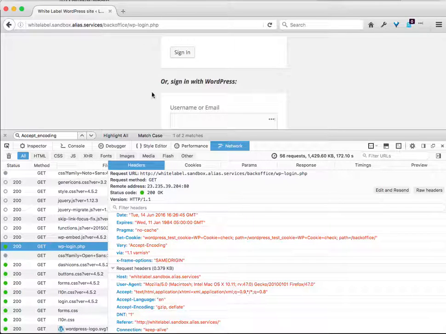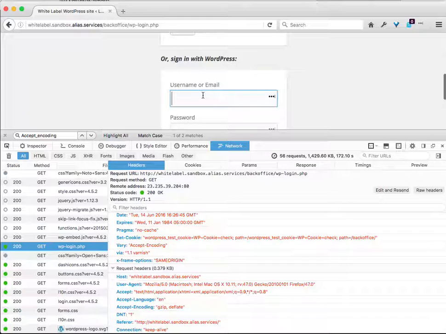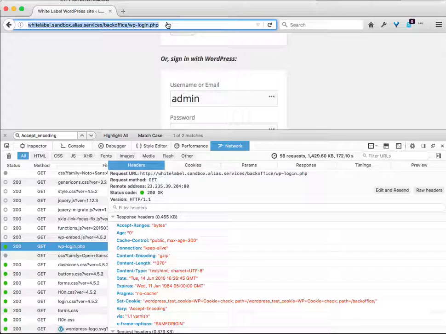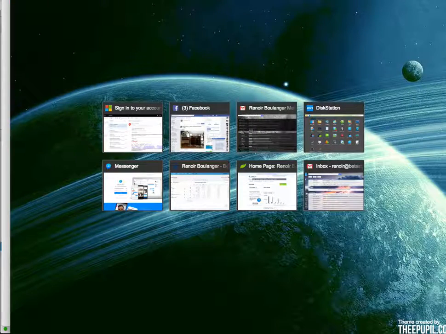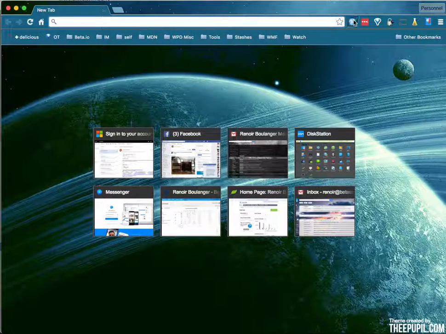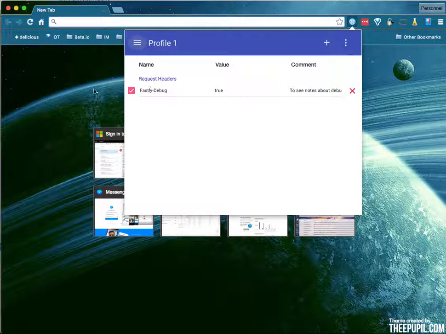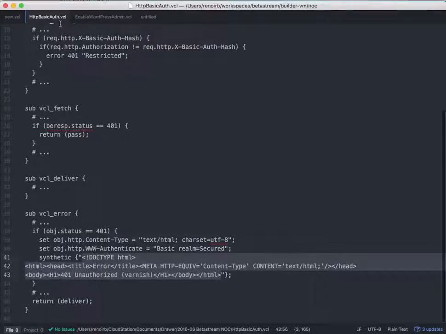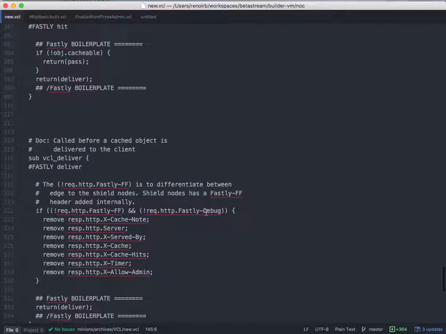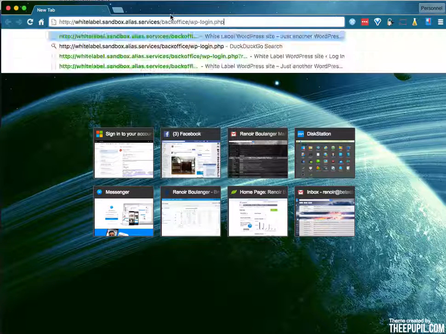So what happened here is that in the login, we have 2 cookies, and if you notice here, we have Age 0 because it's not cacheable. If I go with another browser here, what we can do with Fastly is add a header, Fastly-Debug. You can see it here. So Fastly-Debug here, and then I remove some headers. But if I go to the same page here